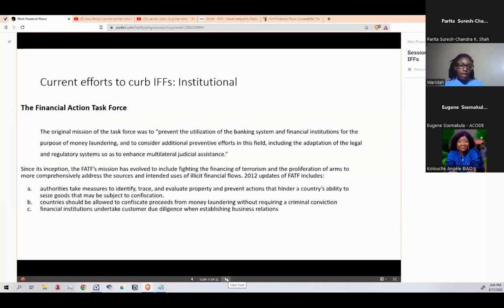Poor countries may be affected negatively because of the grey list classification, which now causes non-profits that are promoting human rights to be classified as risky institutions, rather than treating them the way they do corporations, where the risk depends on how a particular corporation acted. So those are some of the aspects you might find when it comes to the current efforts that are being